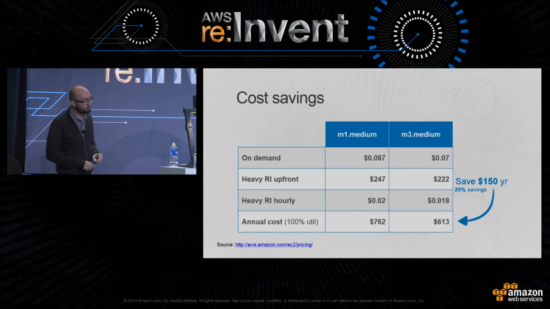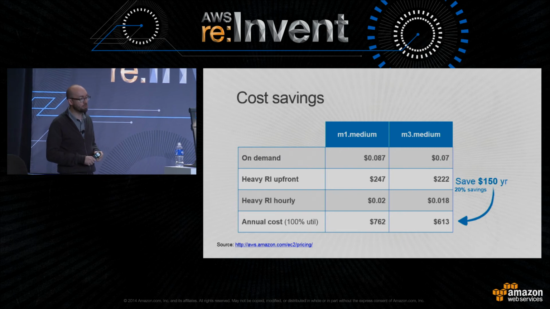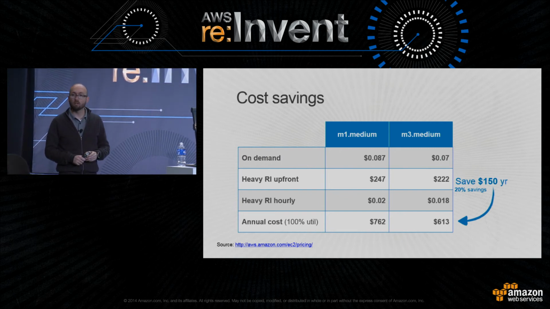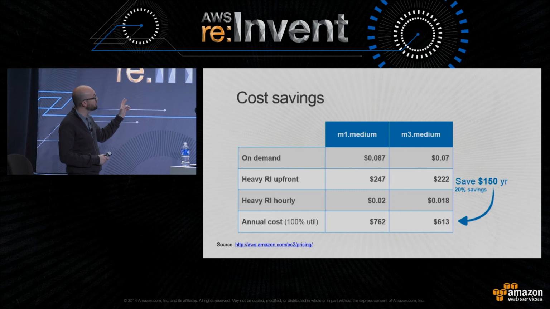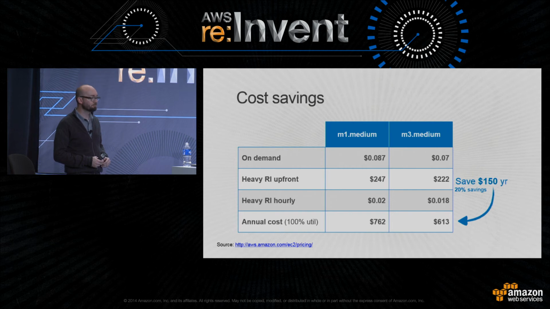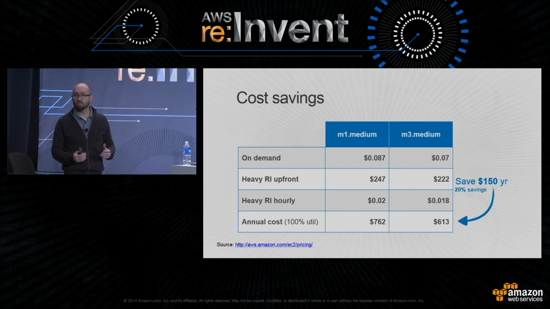So most people don't pay much attention to the cost savings that go along with instance types. But if you go from an M1 medium to an M3 medium, you can actually save about $150 a year. It's 20% savings. And on top of that, you get a more powerful instance. So there are some considerations you have to pay attention to on this, especially in terms of storage, from legacy